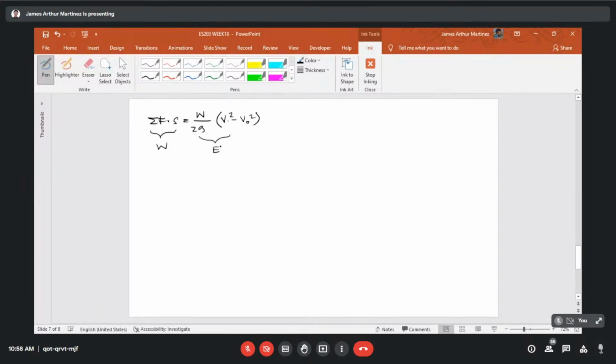So if I represent them as W and E, the whole equation would be the work done on block A plus the work done on block B is equal to the kinetic energy on block A plus the kinetic energy on block B. Okay? So at block A,